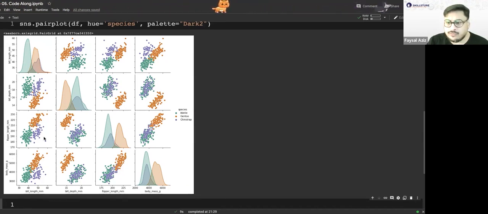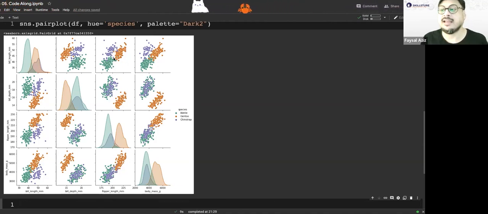Now, I want to see which features actually really segregate it. For example, let's take this, flipper length and bill depth. It doesn't really segregate the species because it looks like Chinstrap and Adelie are overlapping, which means they have similar flipper length and bill depth. Gentoo is very different, okay, but not these two species. This is not a good example. Neither is this. This looks okay, but some overlap. Maybe this is good. What is this? Bill length and flipper length.